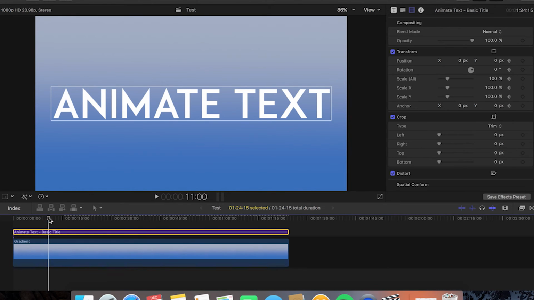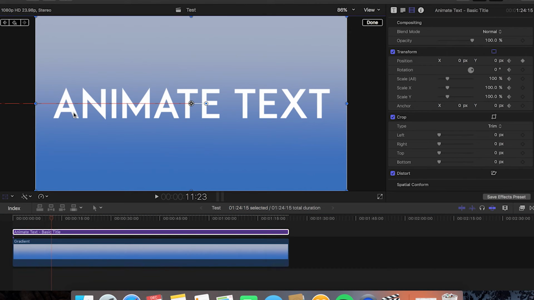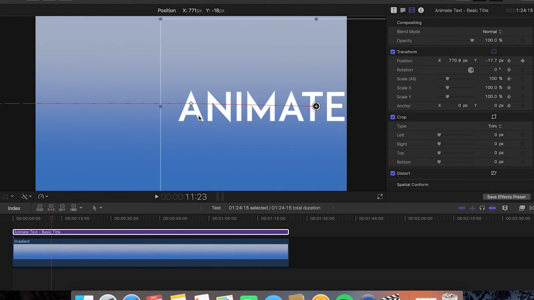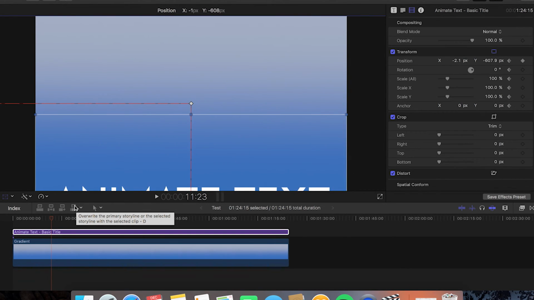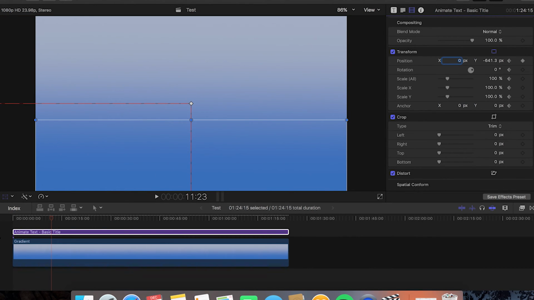And then you want to go along to wherever you want it to come off again, so I'm going to go back there. And then you're going to want to click that again. Make sure the transform tool's on, and then drag it again. If you look here, it's actually created a point, so you can make it go any other way you want. I'm going to make it go down for this example. You want to have the X at 0 if you're going down or up. And then yeah, so now if we watch it back,